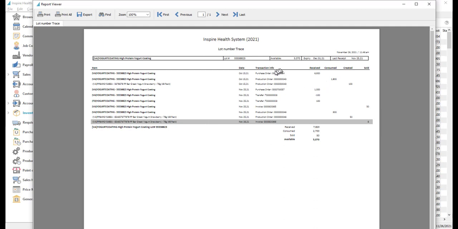Shows all the purchases that we did, all the times that the yogurt was used in production. When we built our strawberry bars that consumed some of the items. Then again, purchases, there's our transfers, there's where we invoiced some of the yogurt coating to a customer, and more production. And then again, down the very bottom, this one here is the one we just sold